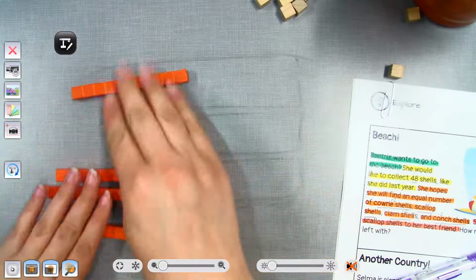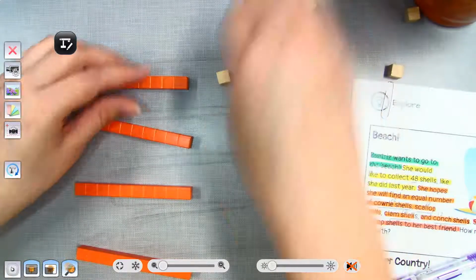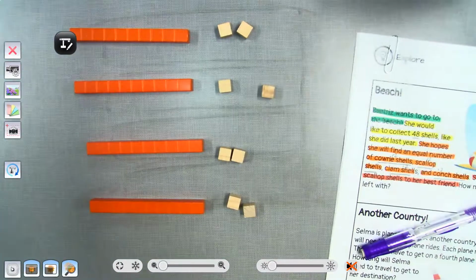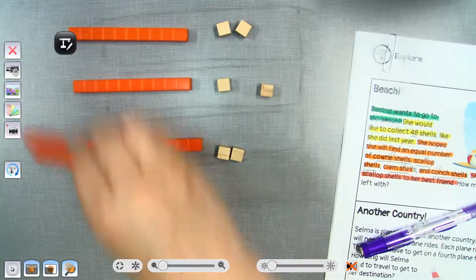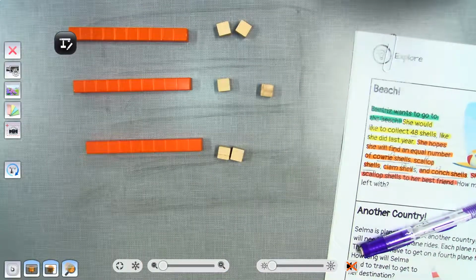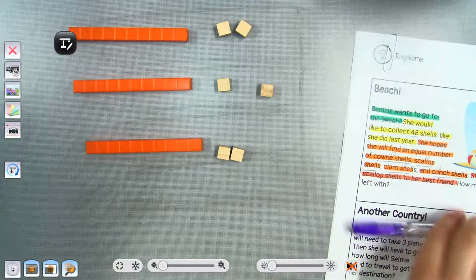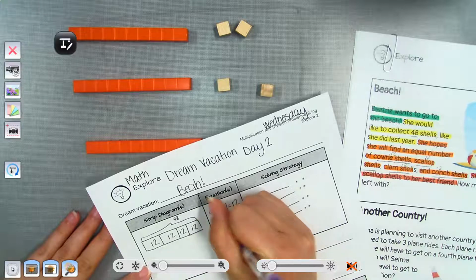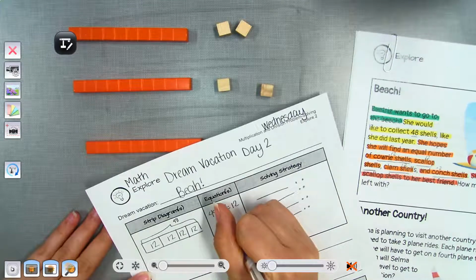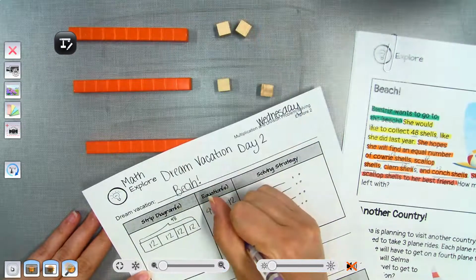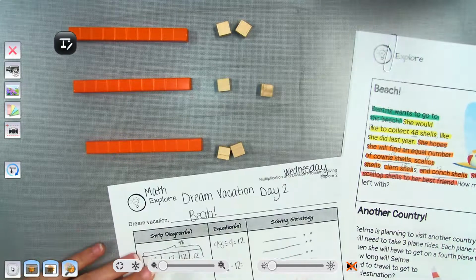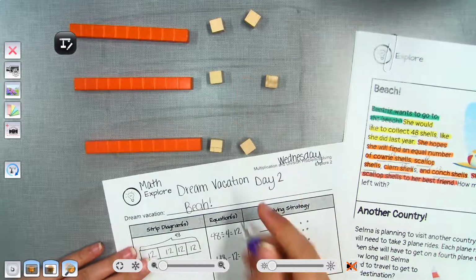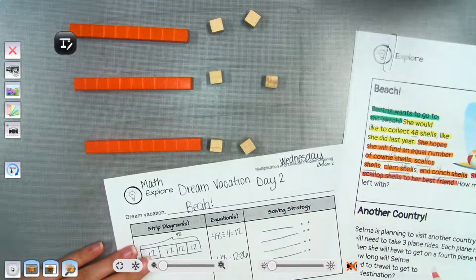So she has all 48. Here's her 48. So she's going to give all of her scallop shells to her friend. So what did she do? She just took the 48 that she had, okay? She took 48 and she took away the 12. Subtract 12, which left her with 10, 20, 30, 31, 32, 33, 34, 35, 36, which left her with 36